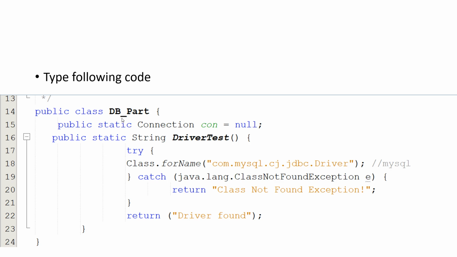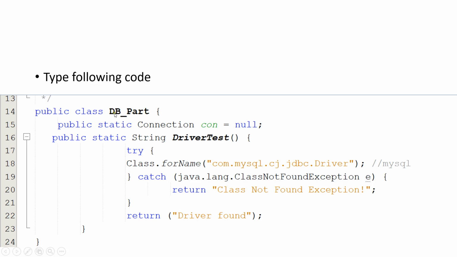To test the driver, we have to see whether the particular driver is found, whether the particular driver has been added to the project or not. So for that we need to use some classes related to Java JDBC operations.